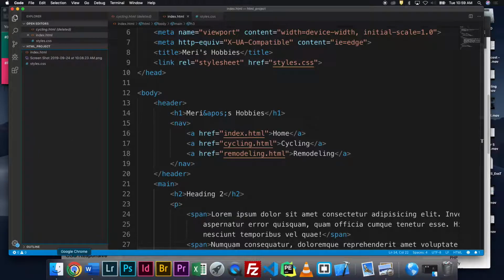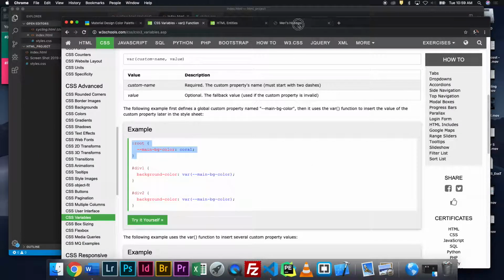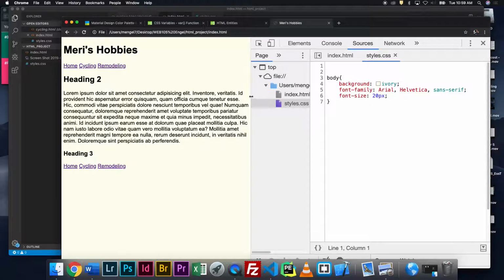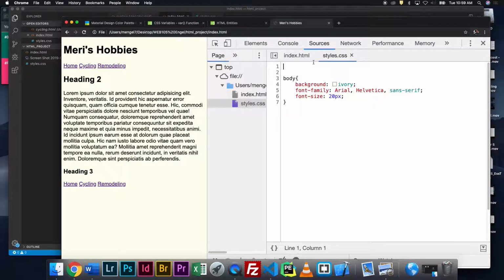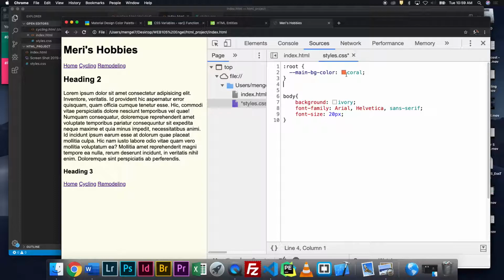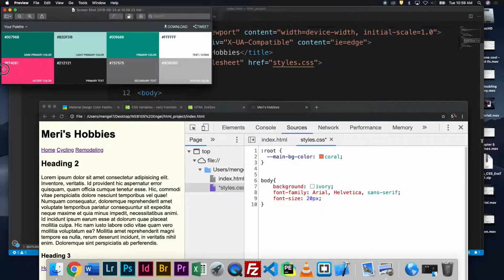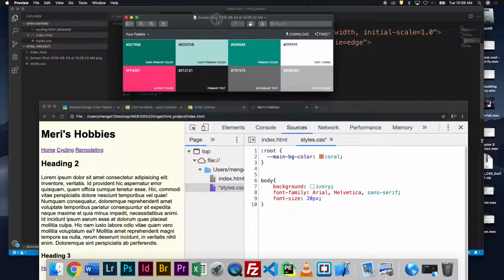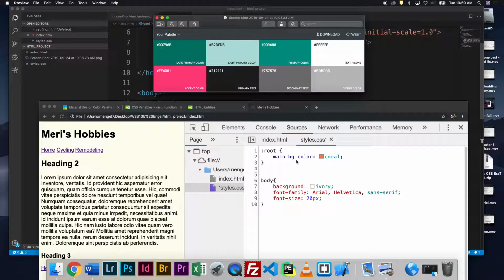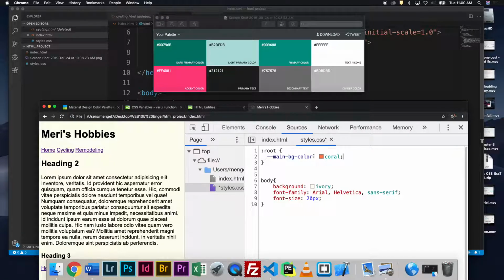So in Chrome, I can go back here and I can actually drop this in here, and then I will copy over those colors by those primary names. And when working with material design, they always use the same names. So if you were to change the color palette, you could just change the colors if we were doing like a template CSS, which we will be doing. So each variable